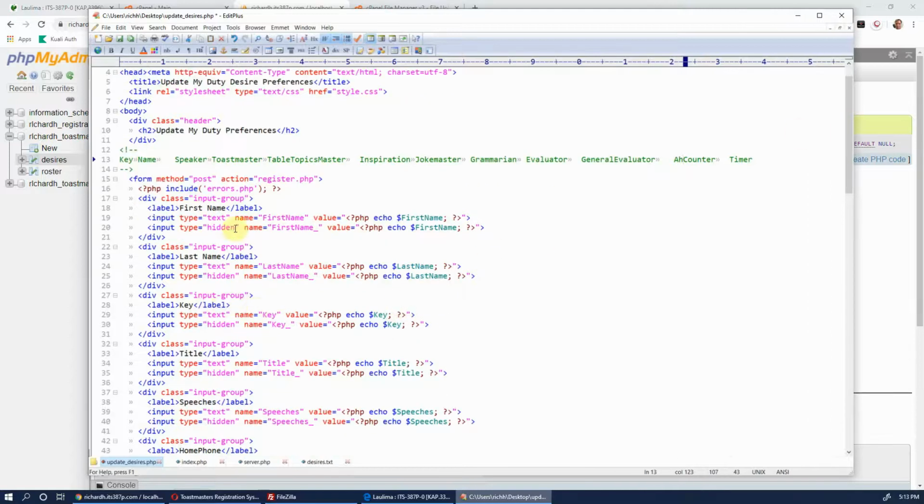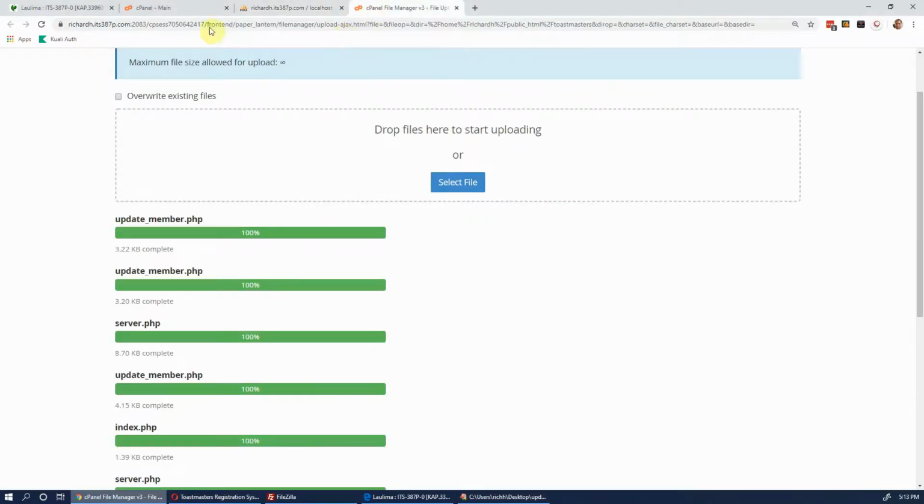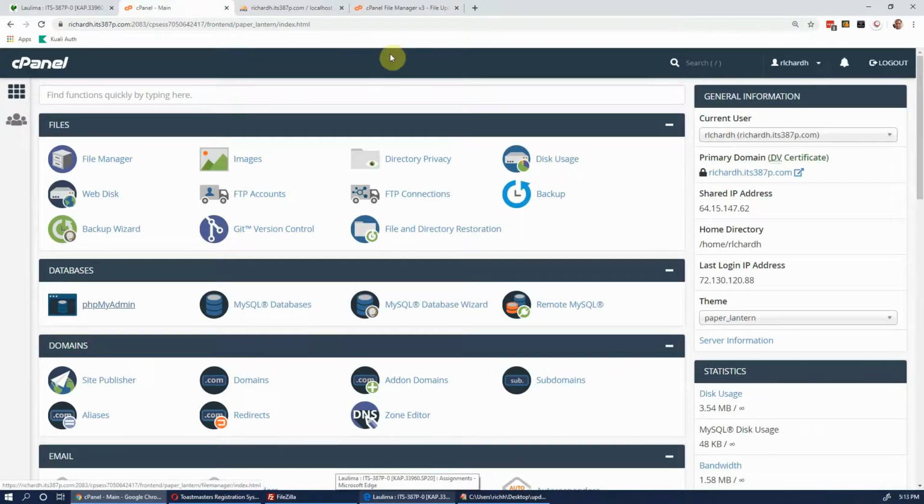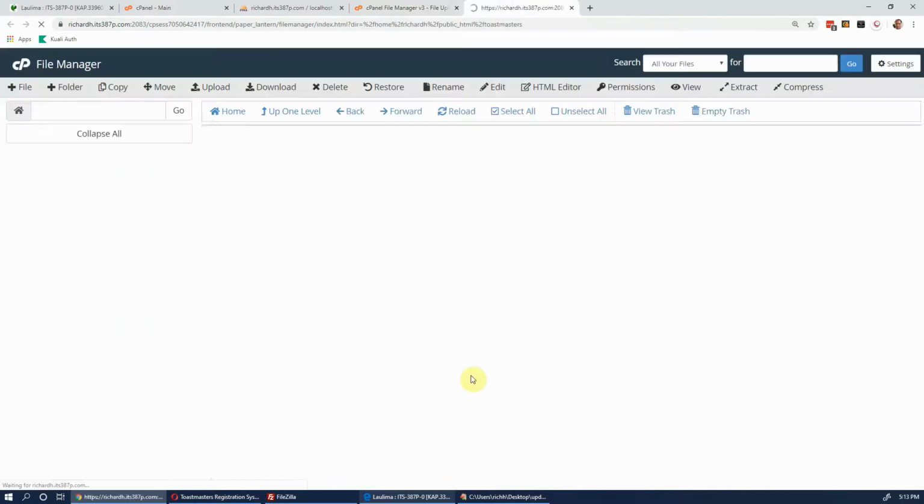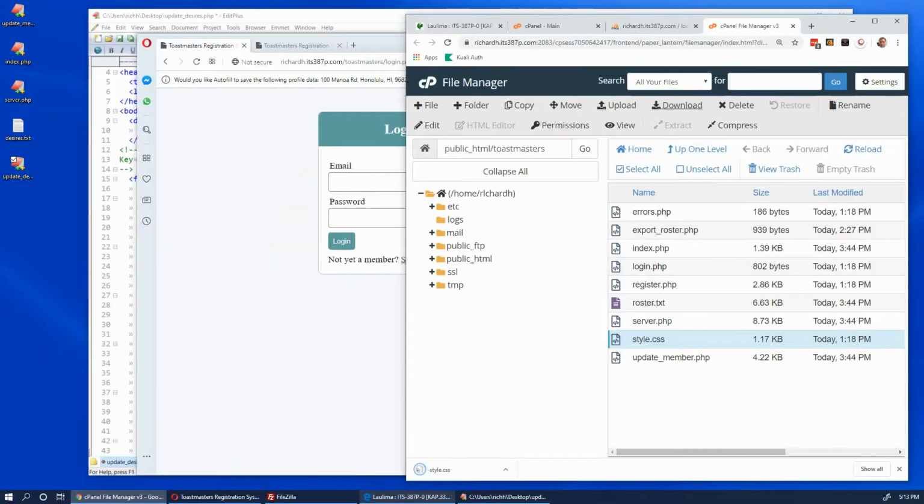I'm going to fiddle around here with some of the CSS. To look at the CSS, I would go to the file manager, then back to style CSS, and let me download that onto the desktop. And if we look at that,